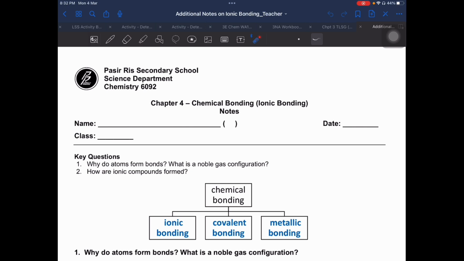At the top of page 1, you'll see that there's this overview about the concept of chemical bonding, and it's split into these 3 points: ionic bonding, covalent bonding, and metallic bonding. For this part of the video, we'll be focusing on ionic bonding itself, but subsequently you'll learn about covalent bonding and metallic bonding. But just to give some brief